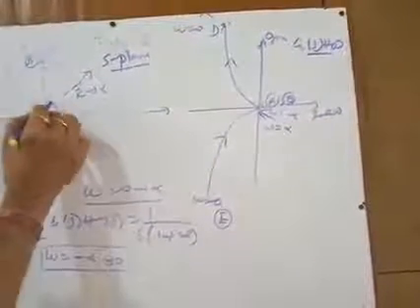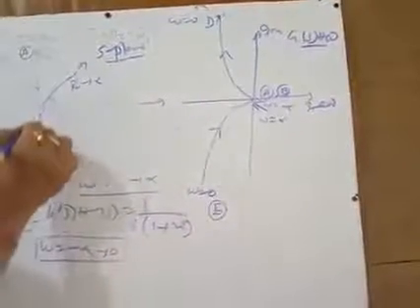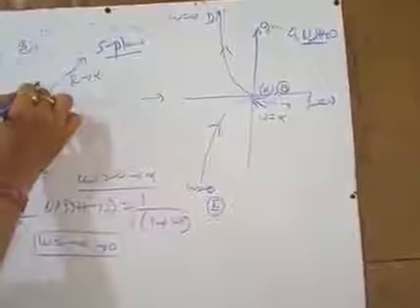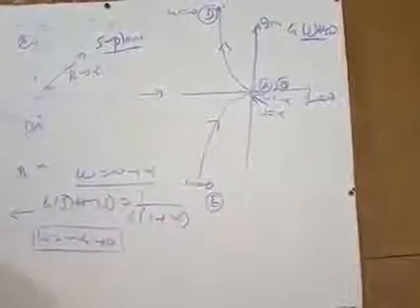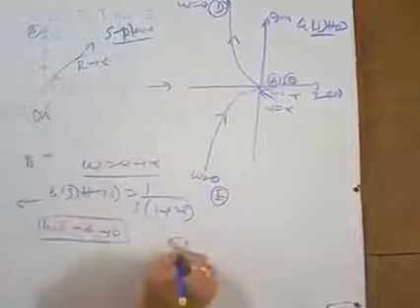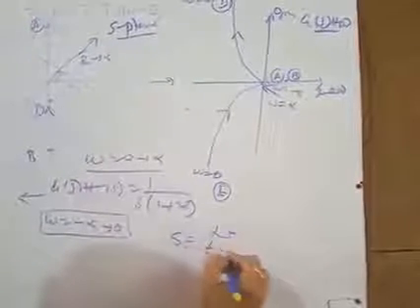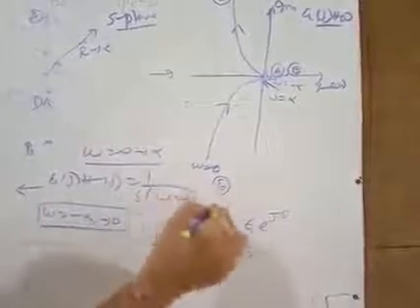Now what about this part? This part means this semicircular path. We have to connect the D point and the E point. How will this D point and E point be connected? Here, this point is D and this point is E. These can be obtained by using the semicircular path equation. What is the semicircular path equation? For this semicircular path, you put s equal to limit epsilon tends to 0 of epsilon e to the power j theta.